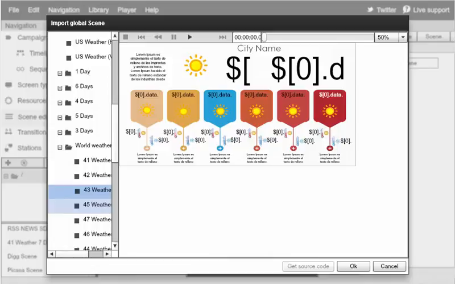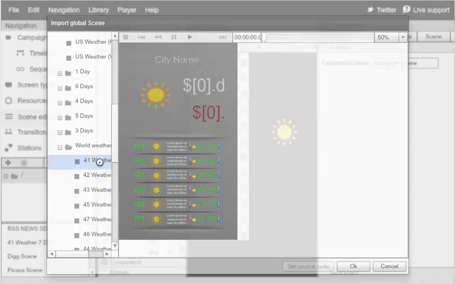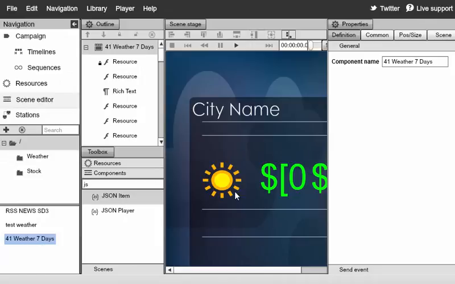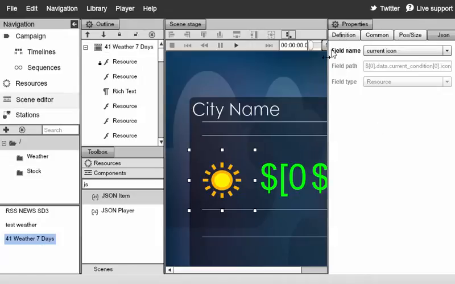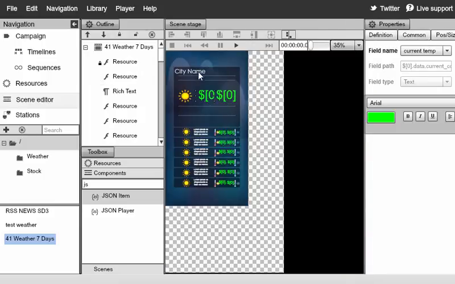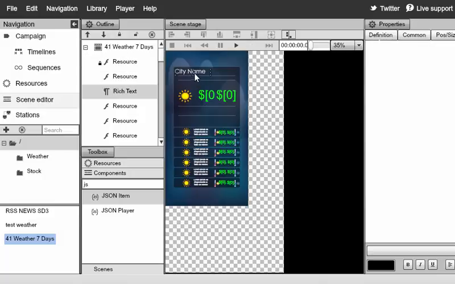And you can import any one of them. So we'll just select the first one and click OK to import it. You can see that it was imported, and of course you can modify anything here. You can go ahead and zoom out a little bit so we can see more of this. So anything here is editable. If you want to change the color, the background, the position,